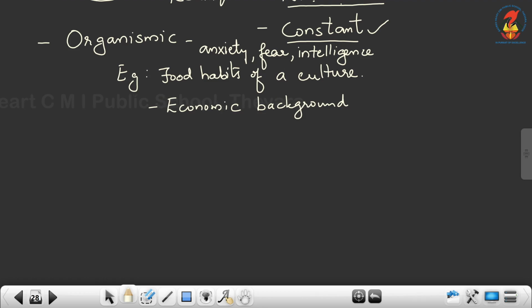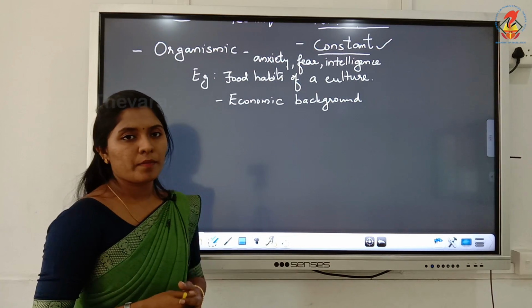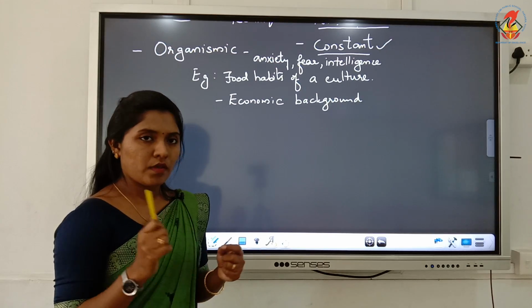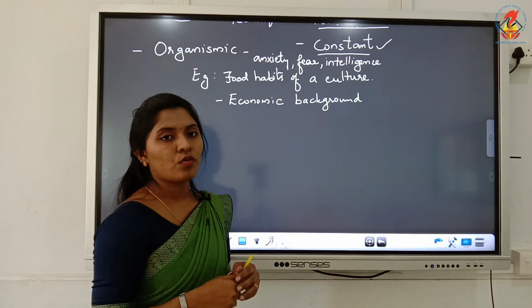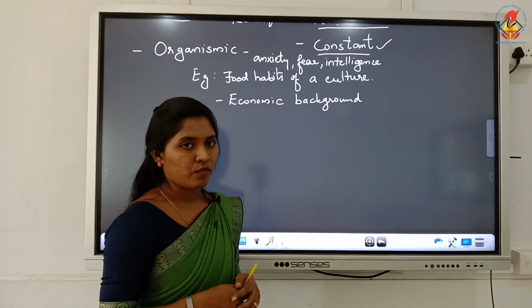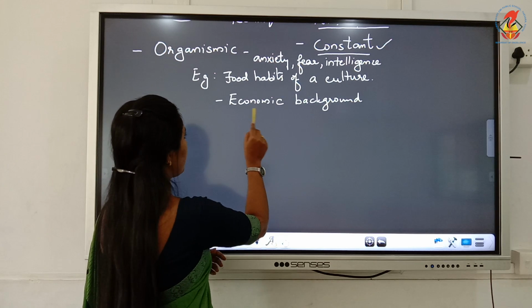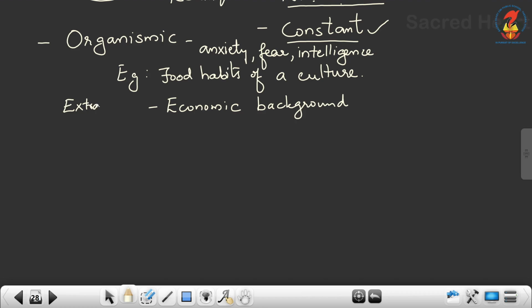Obviously, the food habits of people from a poor economic or financial background will be different from the people from a sound financial background. So the extraneous variable here is the economic background.